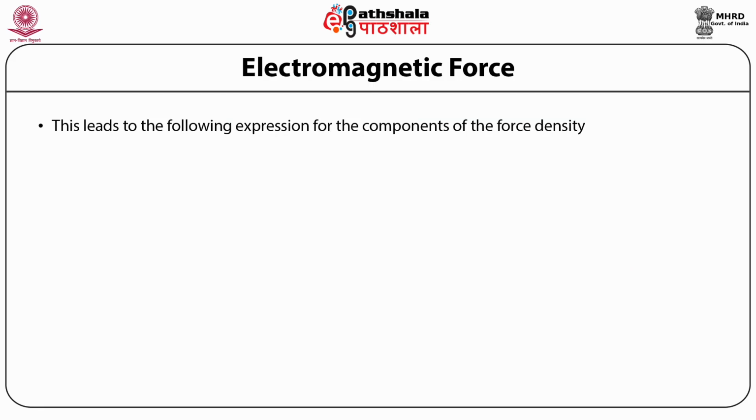Electromagnetic force. Now, just like the treatment that we have done for the terms containing the electric field in the square bracket, that is the first term occurring on the right hand side of the equation for the force density, we can do a similar treatment for the magnetic field terms contained in the second term of the square bracket, and the result can be obtained by simply replacing the electric field E by the magnetic field B.